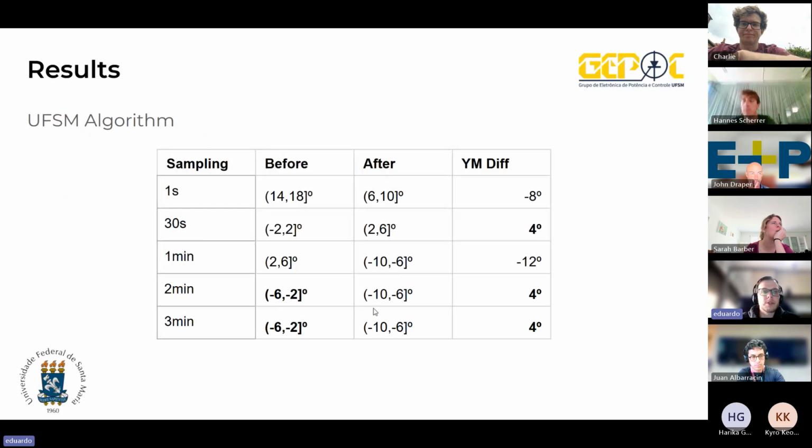We compared the results by both algorithms. Using the algorithm that we are improving, we got results closer to the 6 degrees offset. For 30 seconds, 2 minutes, and 3 minutes, we have results similar to 4 degrees of difference between the before and after data sets.